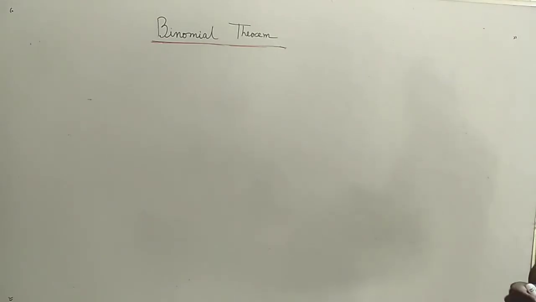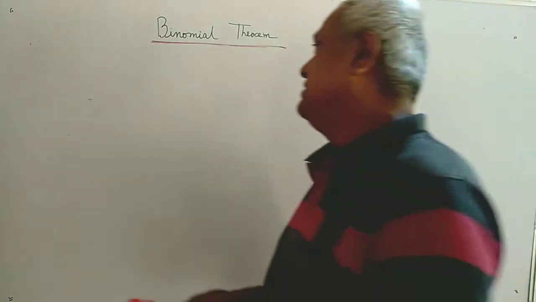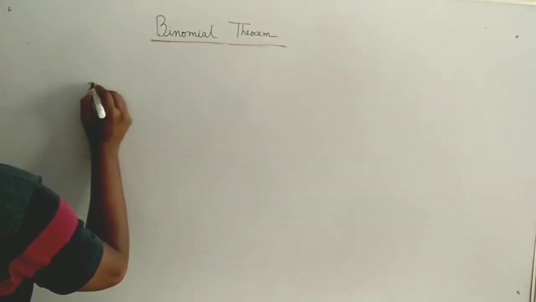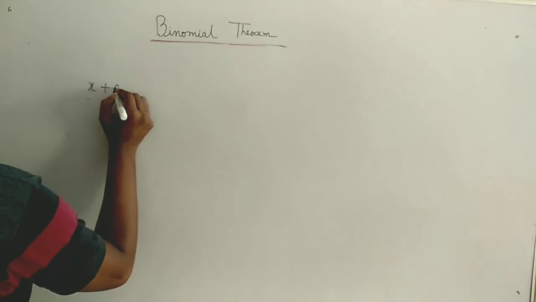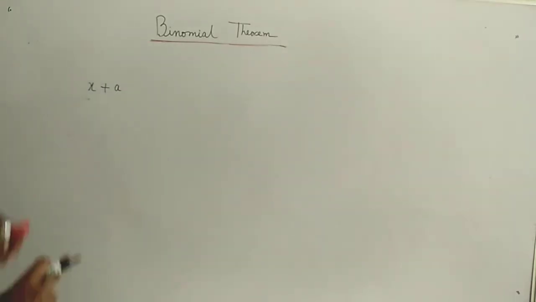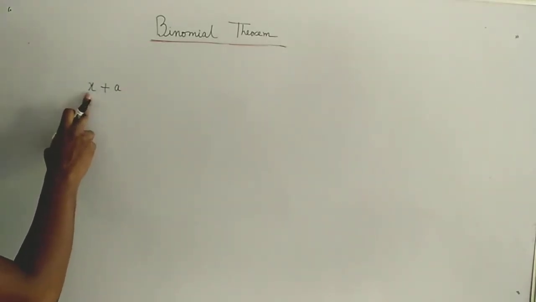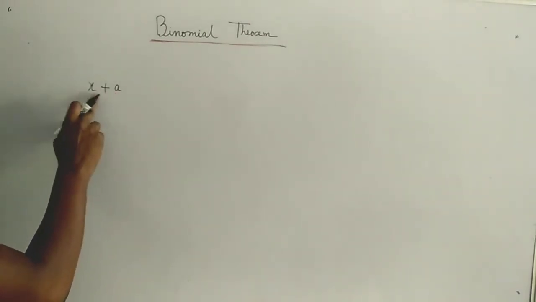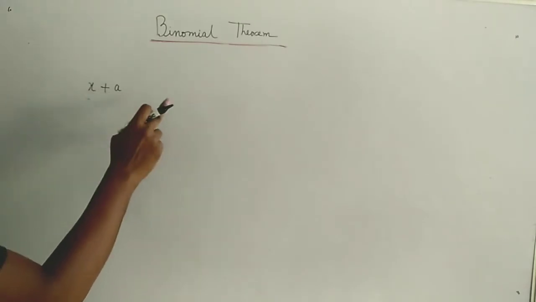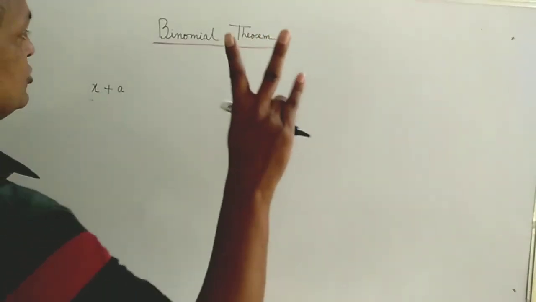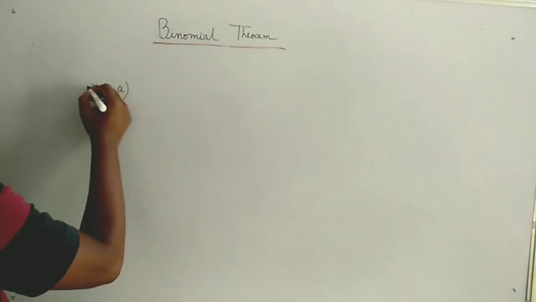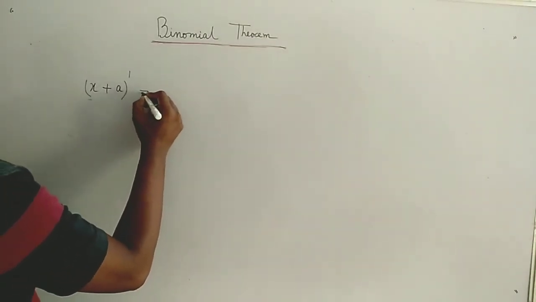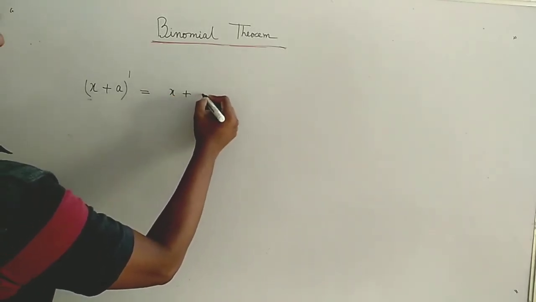Now what do you mean by binomial? A binomial is generally two terms, like you can say x plus a. This is a binomial because x is a monomial and a is also a monomial. So x plus a is a binomial. Trinomial means three terms, binomial means two terms. Now this is a binomial term, and if I raise it to the power 1, this is nothing but x plus